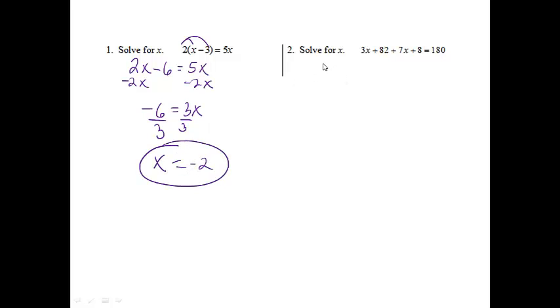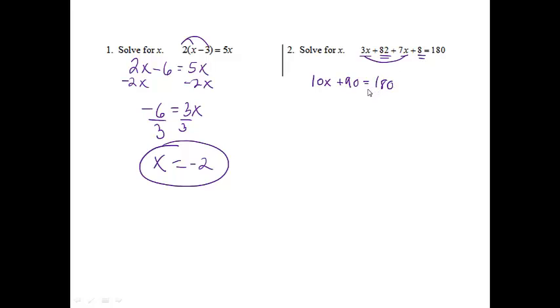Right, problem 2, solve for x. 3x plus 82 plus 7x plus 8 is equal to 180. I need to combine my like terms. I notice 3x and 7x are both on the same side, so I actually just get to put those together. 3x plus 7x is 10x, and then I've got 82 plus 8, that will give me 90,